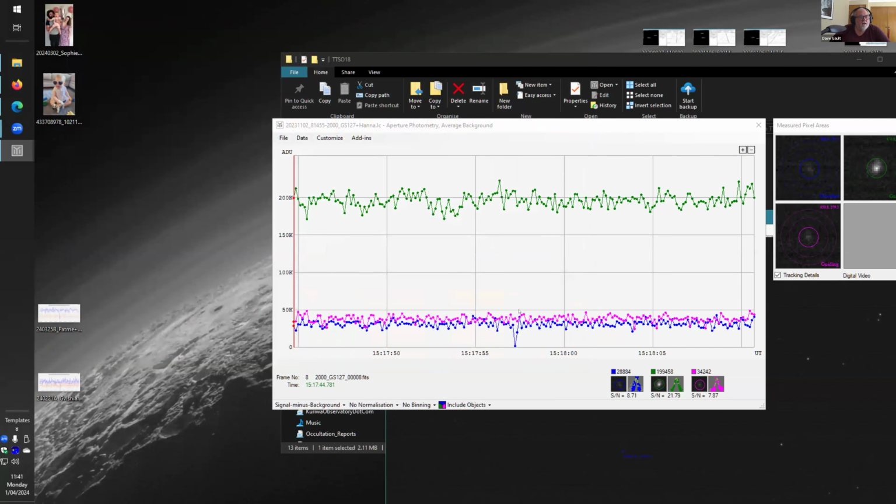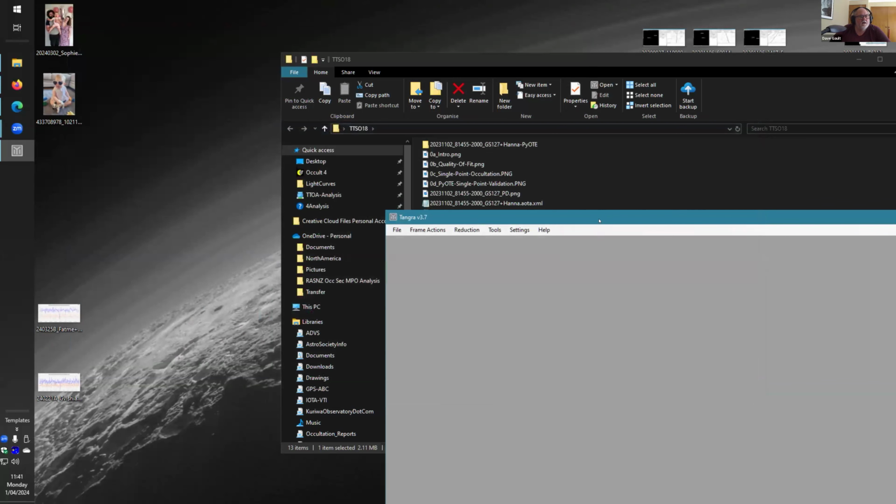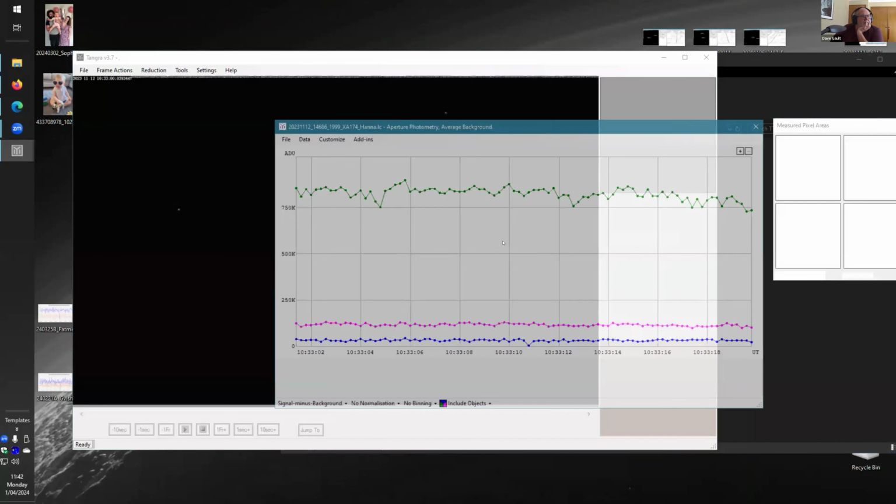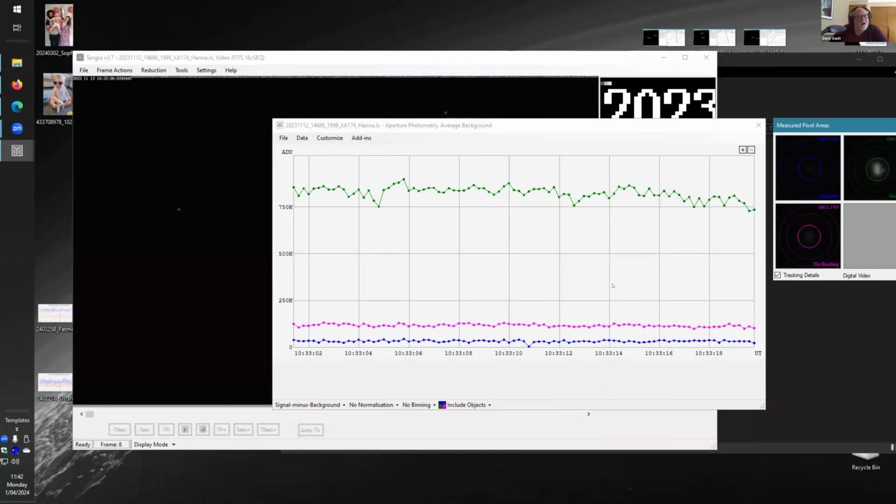So that's an example of a good, strong, solid occultation, single point, possibly even 2 points. It could be argued whether that point is in the occultation or in the noise. So if we take a look at another one that I've got, another one of Bill's. Hi, Bill. Similar event,